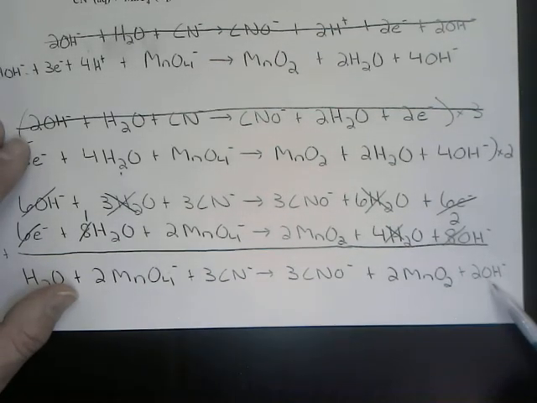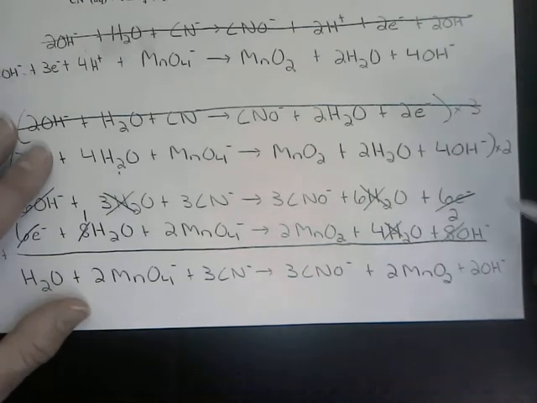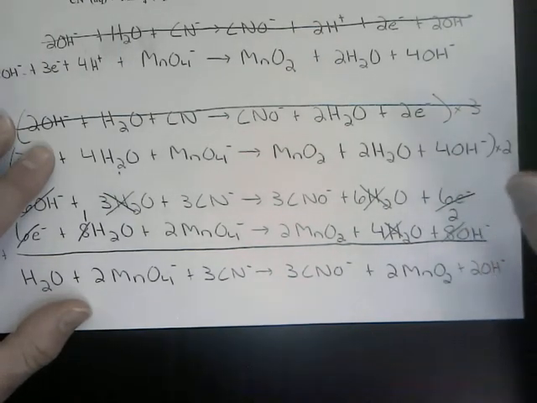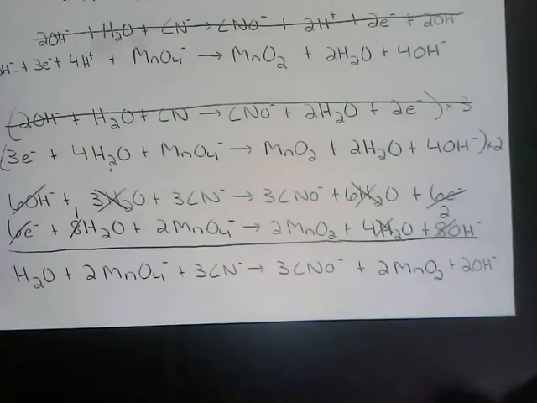Plus 2 times 1 is 9. So everything balances out. That's really good. Now, with oxidation reductions, half reactions, when we balance via half reactions, we got to make sure the charges are